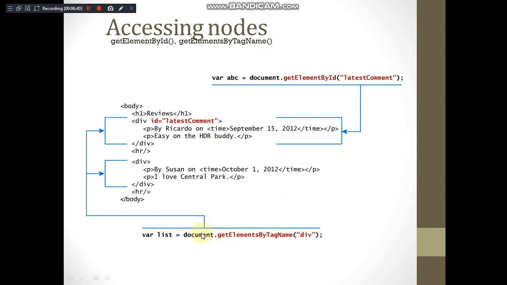Or else if you want to refer by tag name, then what you can do is document.getElementsByTagName div. So this is referring to two divisions, right? There is a little bit of difficulty because you have the same tag used 2 times within the HTML document. So in order to go to a specific element, the more suitable way to access the node is by means of getElementById, because an ID cannot be repeated for more than one element inside the HTML document. That is the advantage.